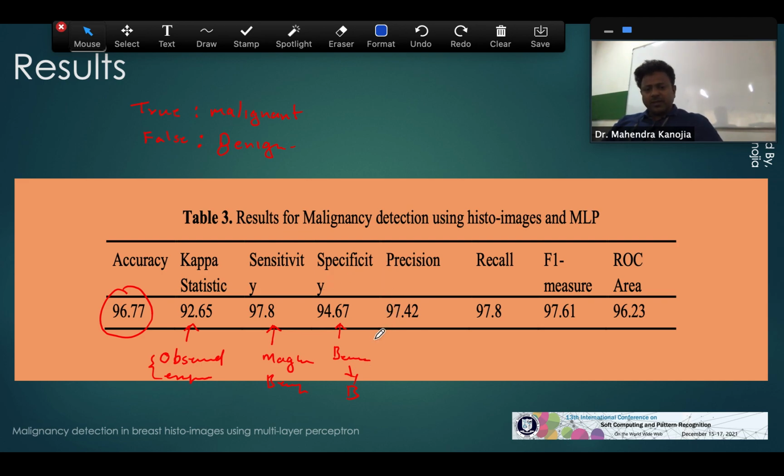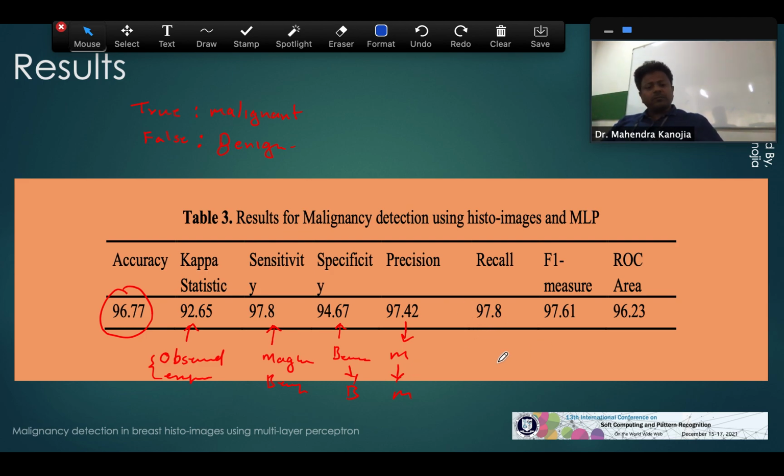Here, in our case, benign as benign, and the precision talks about malignant as malignant. The same explanation stands over here. If the case is malignant, then with a value of 97.42 the precision is taken as malignant. Malignant is defined as malignant.